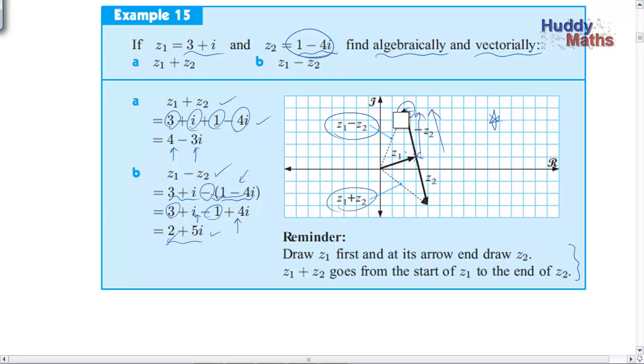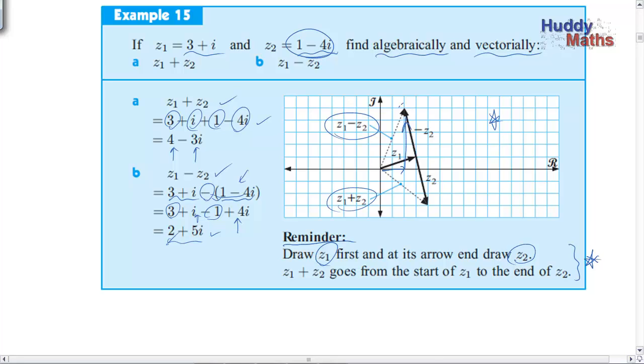Yep, let's tidy the diagram up a bit here. Yep, it's 2 across here and 5i. So it's consistent, as you would hope. We don't want to get two different answers doing it by two different mathematical techniques. Okay, reminder: draw Z1 first, and at its arrow end draw Z2, and it's a little bit of a monkey see, monkey do rule here,